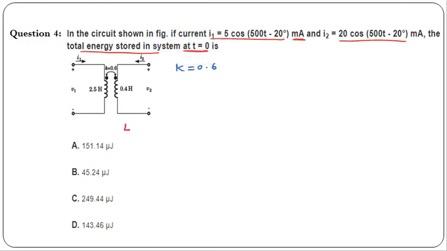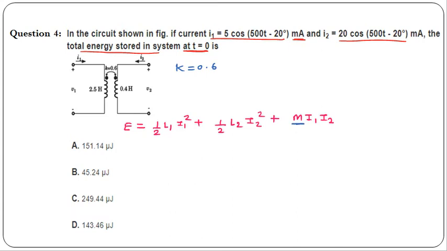So the total energy stored in the system will be given by energy stored in the first coil, that is energy stored in the inductor is given by half of L into I square. तो वो वाला formula हम यहाँ पे use करेंगे, that is half of L1 into I1 square. Okay, then energy stored in the secondary coil will be given by half of L2, current flowing is I2 square. Similarly the mutual inductance will also store the energy, and it is because of the current I1 and I2. So now we have to calculate this M value first.